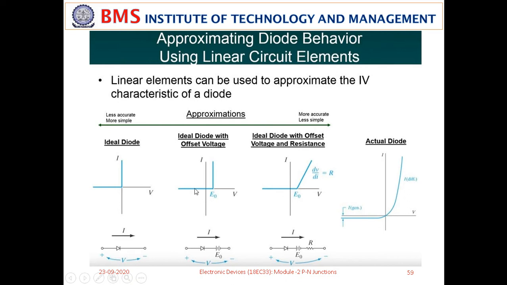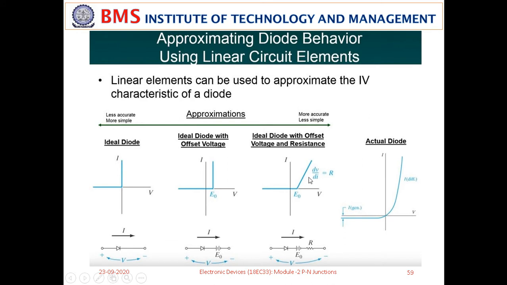Now, to add that resistance, the neutral N layer and neutral P region resistance of the diode, we add a physical resistor in the model, as you can see here. By inclusion of this resistor, you will have a slope in this vertical straight line. A straight vertical line indicates that the voltage is fixed and a large current is flowing. But now we have a slope here. So, this shows that whenever V is more than E naught, you will have linearity in the characteristics. Slope is given by dV by dI, which is nothing but the resistance here.